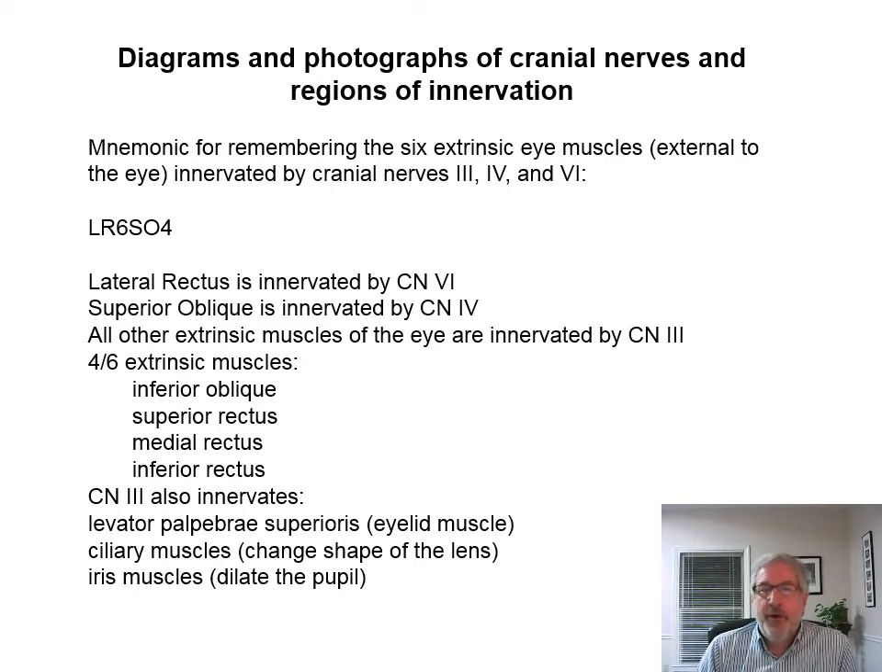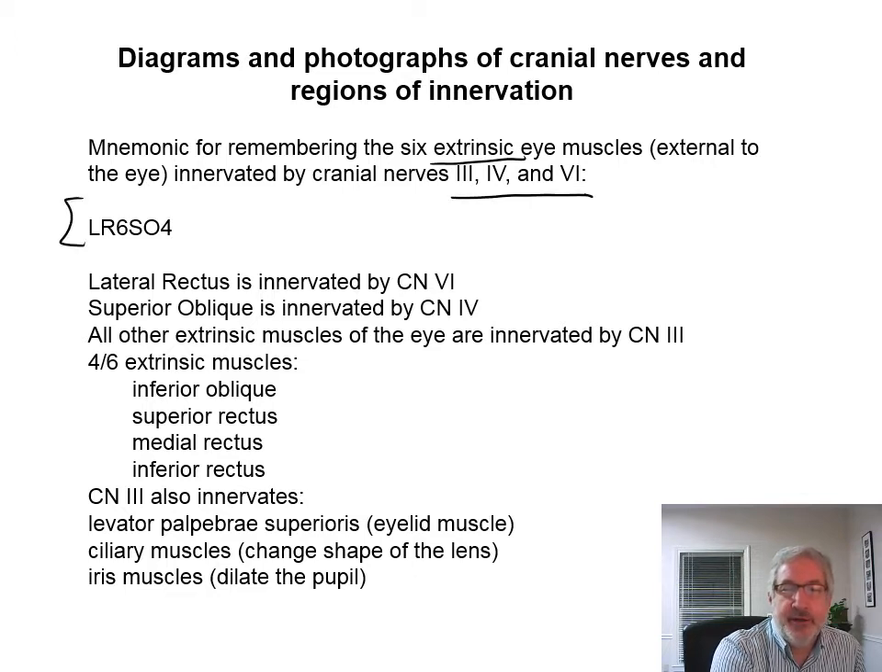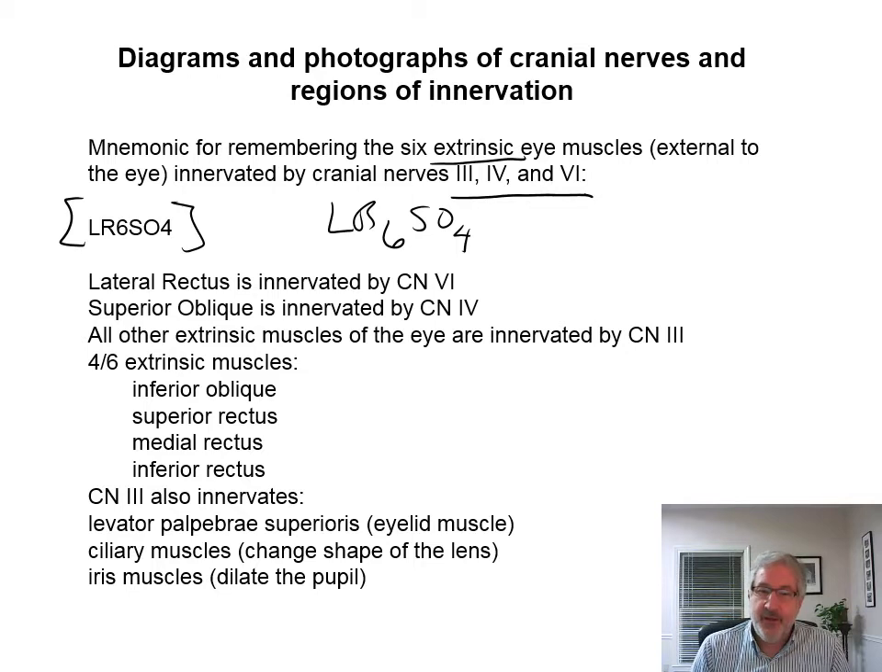Okay, one other mnemonic that I want to leave you with for remembering the 6 extrinsic muscles, meaning muscles that are external to the eye, that are innervated by cranial nerves 3, 4, and 6, is LR6SO4. So that sounds like a chemical formula. LR6SO4. So SO4 is sulfate. So if you ever take chemistry, you will recognize SO4. It's a very common